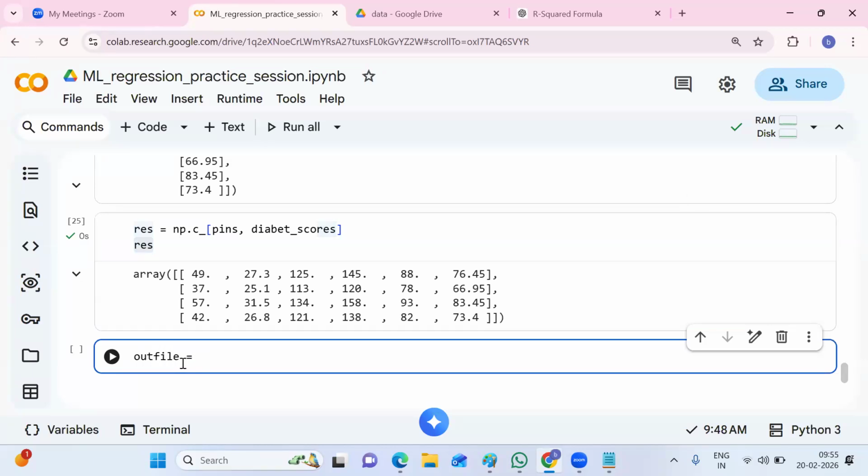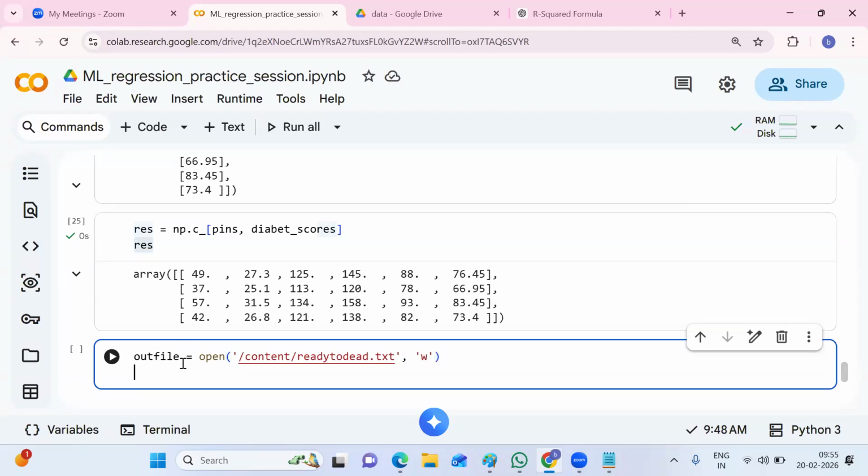out_file equal to open. Give the path, content/output/ready_to_dead.txt. First line, header I need. What is the first field, sir? Age, next BMI, next BP, glucose, insulin. In the last, I'm keeping